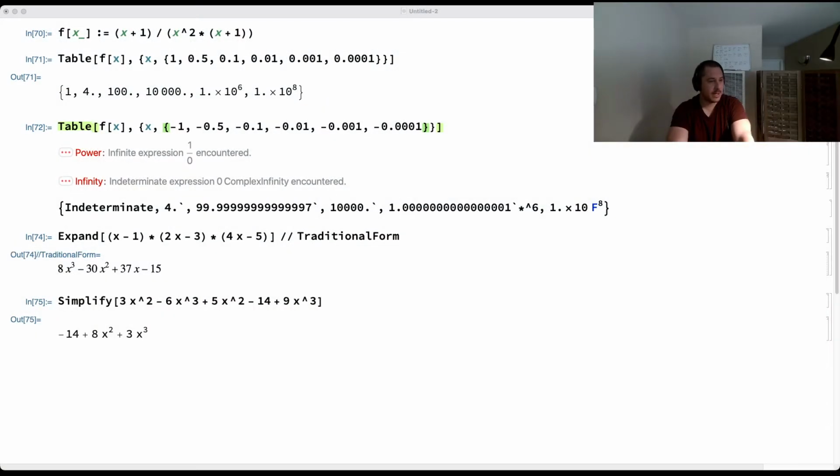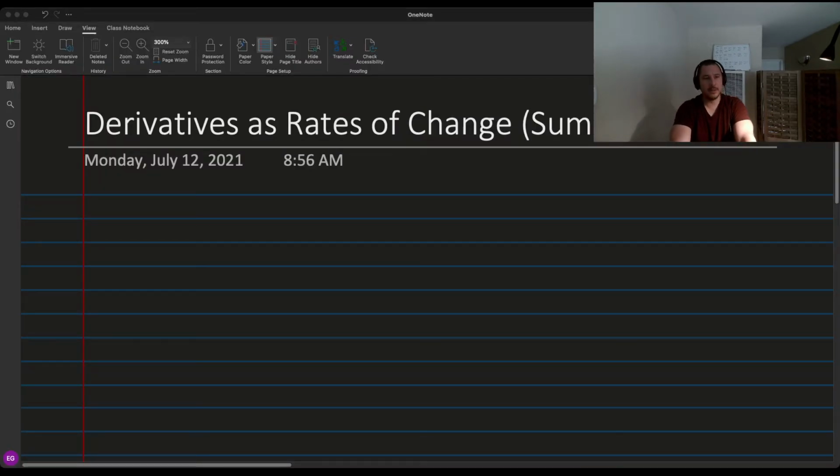Okay, that's not the window that I wanted. This is the window that I want. Okay, so